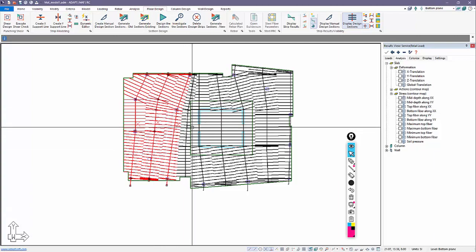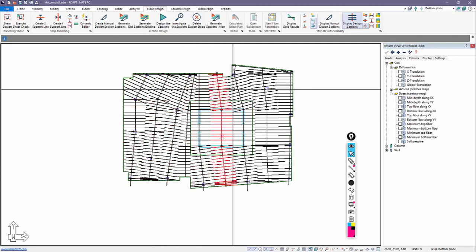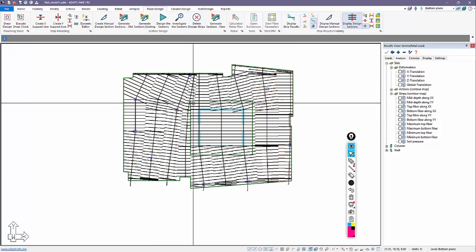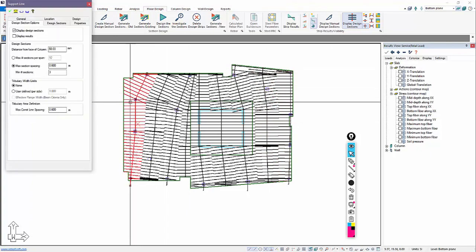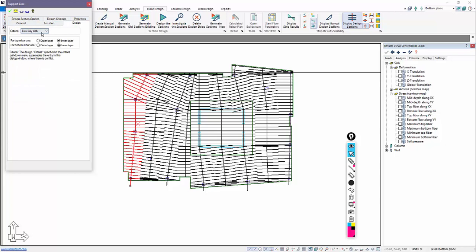So here we have middle strip, column strip for the Y direction. Notice that every strip, when we create the strip, actually has a design criteria associated with it. So from design, you can see these are set to two-way slabs.